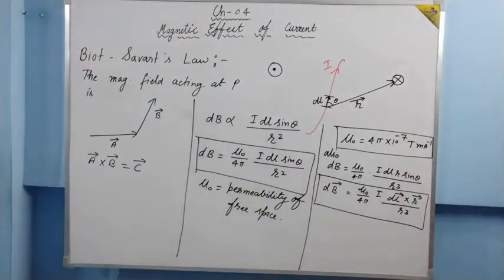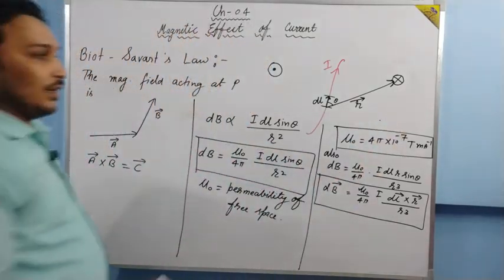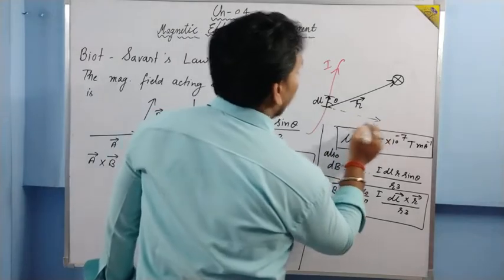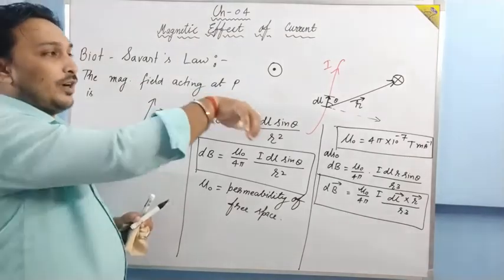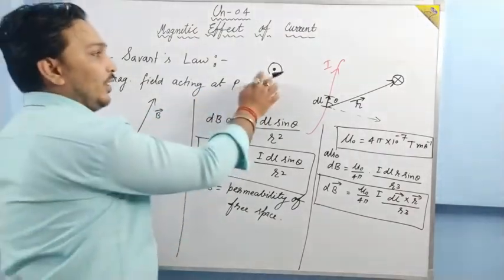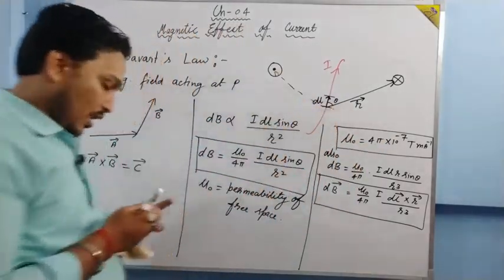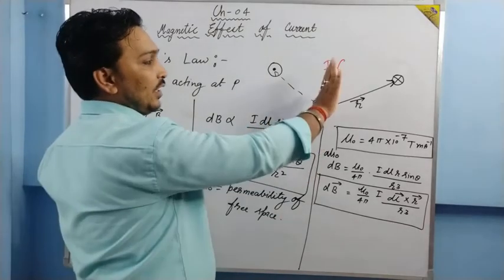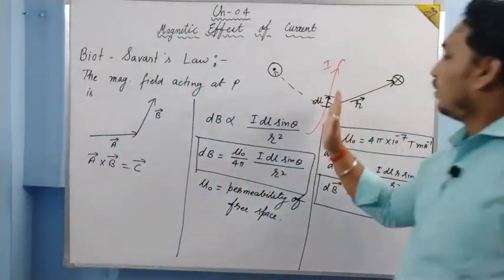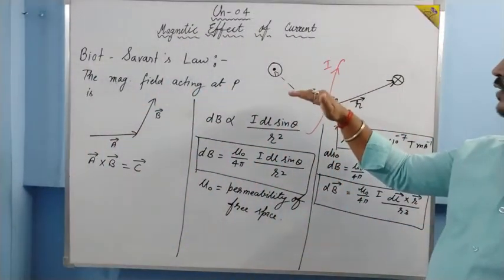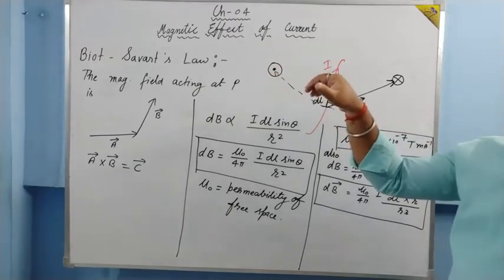Is it clear? Suppose if here I want to know the magnetic field, then the direction of dl and R will be in this, dl will remain the same. Again, dl in this direction, R in this direction. The magnetic field is perpendicular inward. If at this point I want to know the magnetic field, then R will be in this direction. Now dl is in this direction. Now fingers cannot be folded like this. Okay, so what do we do? We go here. dl in this direction, R is in this direction, the extended thumb is perpendicular outward. So here the magnetic field will be perpendicular outward.